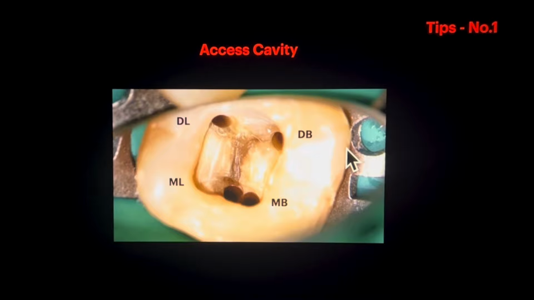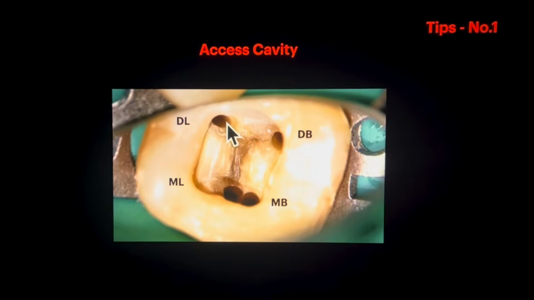So remember these two things: the law of concentricity and follow the dentinal groove, that is the dentinal map outline. This will help to detect the distolingual orifice,